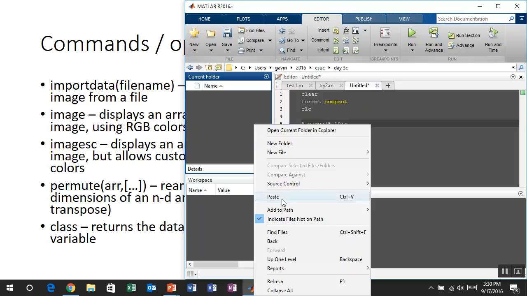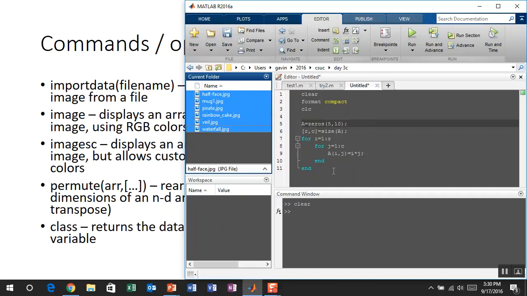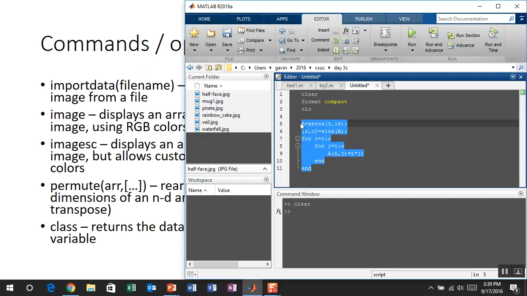Paste the images into here. Okay. So I'm going to call it img, and then say import data, and let's pull in waterfall.JPEG. Okay. So if I run this, Control Enter,